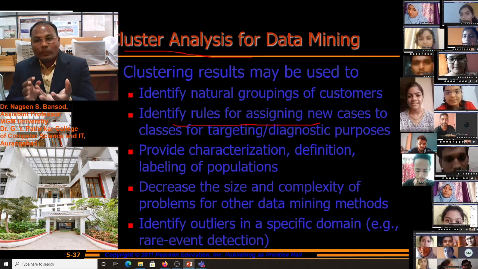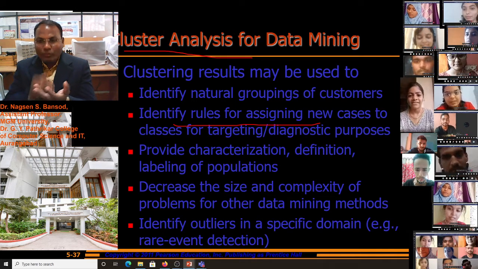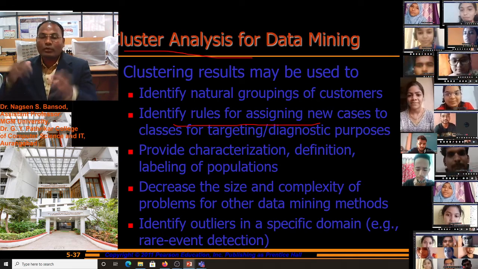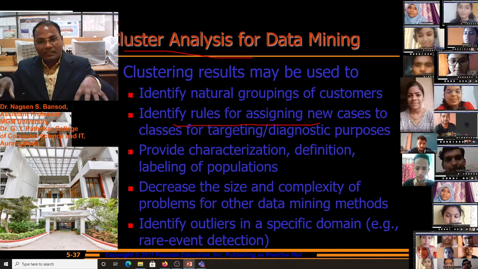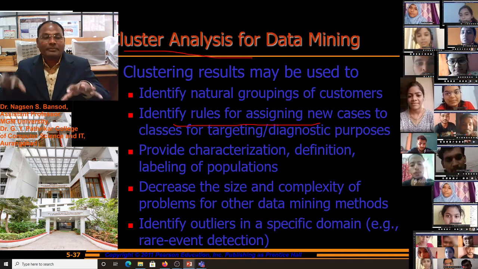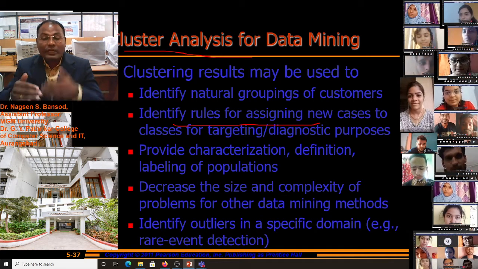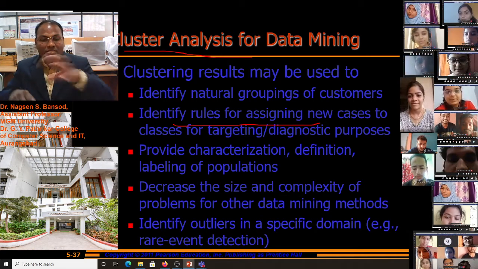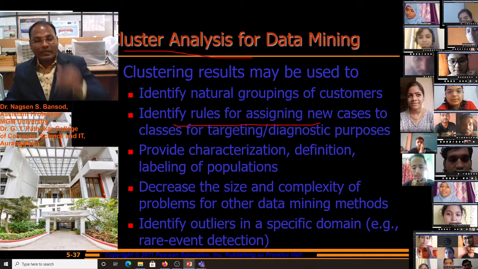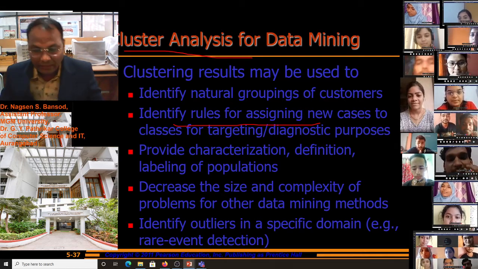Means from which point the temperature is varying from Aurangabad to Jalna. If we take samples of Aurangabad and Jalna, the temperature may vary, but where is the boundary point, where is the outlier of that variation? We can find that in clustering analysis.